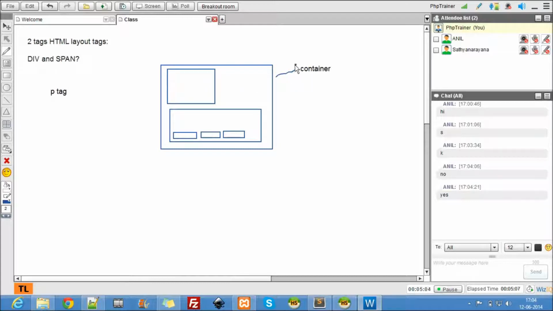Let's say this is an example. This is the container, and this is an image. And this is our text. I gave a box because we will talk about the box model, because everything looks like a box. I'll show you how that happens. So this is text, and then at the very bottom these guys are links.